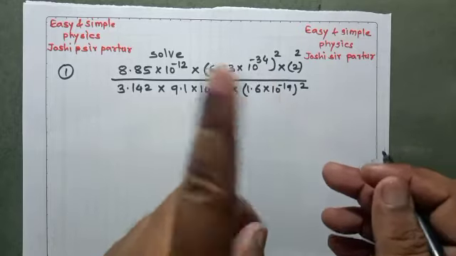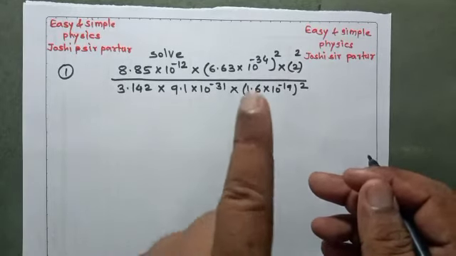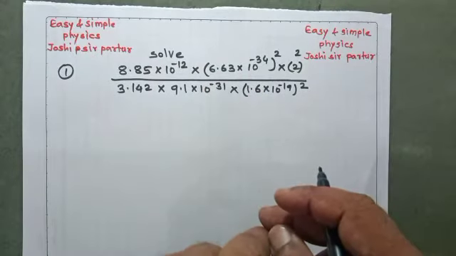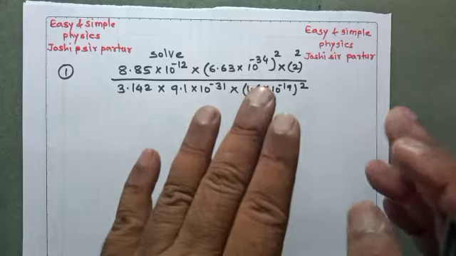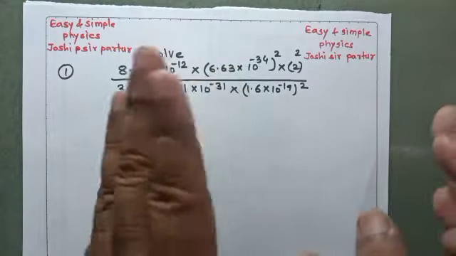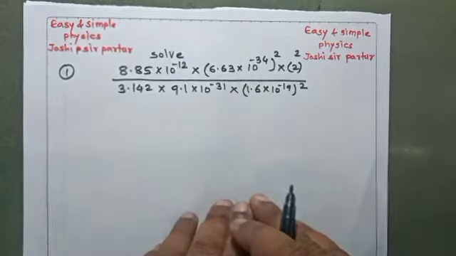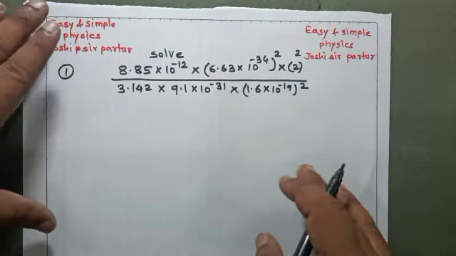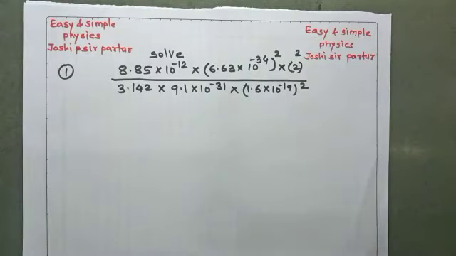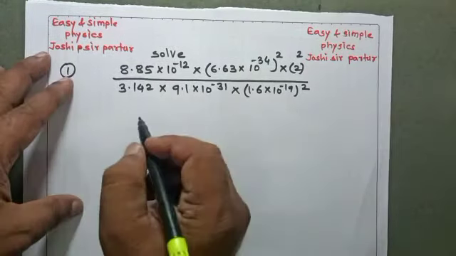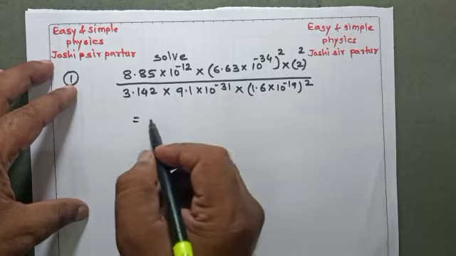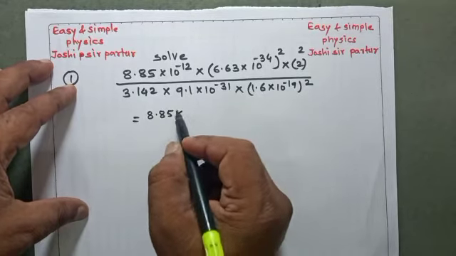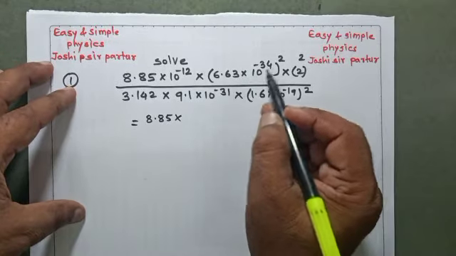3.142 into 9.1 into 10 to the power minus 31 multiplied by in bracket 1.6 into 10 raised to minus 19 power 2, bracket square. So if such a question is to be solved, first clear the power of 10 like this. So again, to solve the above problem, that is 8.85 multiplied by, here the square is there, so